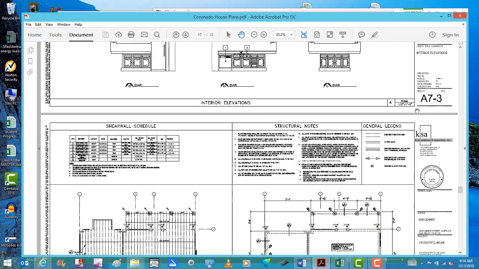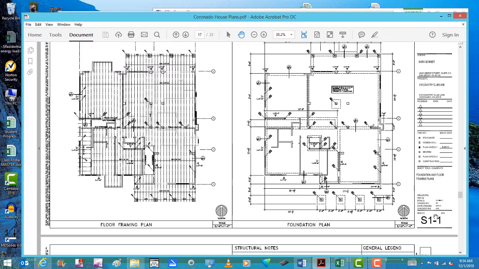Keep cruising down. Now we're nearing the end of the architectural set. So now we're going to get into the structural set. So things start with an S. So sheet S1, S2, and so forth. So this is the structural